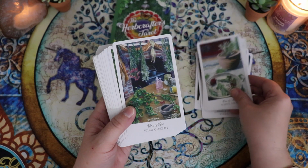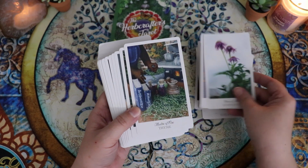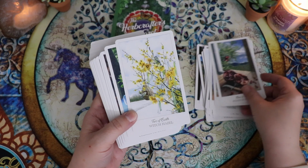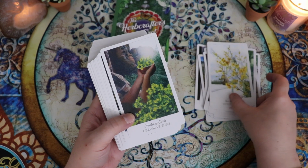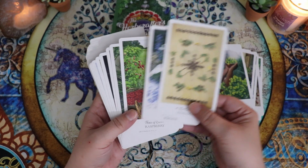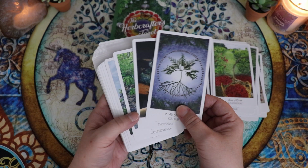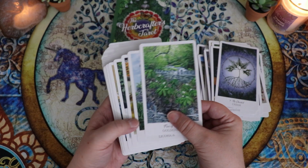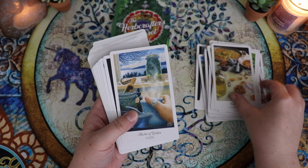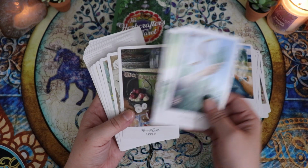I always choose the deck for this series randomly, so I was pretty curious to see how today is going to play out because the Herbcrafter's Tarot is a deck that I have not spent a lot of time getting to know, and yet it is my favorite herb or botanical based tarot deck that I've ever held in my hands. I really would like to get to know this deck better, and I'm hoping that today's reading will give me an opportunity to maybe get past any blocks I have about working with this deck,